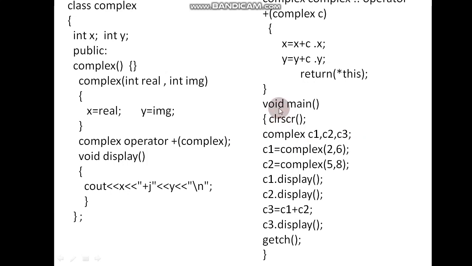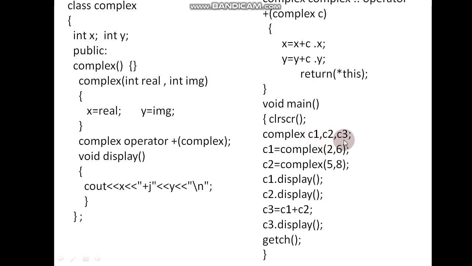Let's see main first. In main function we are creating three objects of complex class. So these are the complex numbers. We want to add complex number C1 and complex number C2, and we want to store its addition in C3.